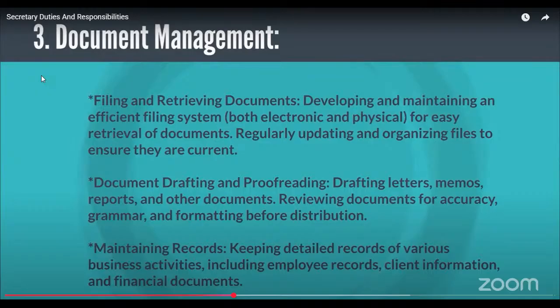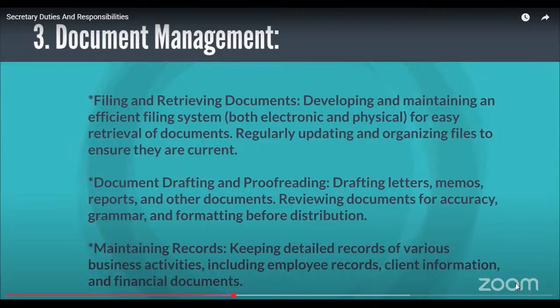Document drafting and proofreading. Drafting letters means writing down the letters. These are obviously official letters. They can go to any embassy. It can be a travel log. It can be information sent to clients for some kind of contract or legal documentation. Proofreading relates to a response to some letter sent by a government authority to the organization, maybe about paying taxes, or about the quality assurance audit or something. That response has to go in hard copy form.